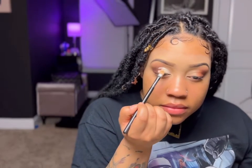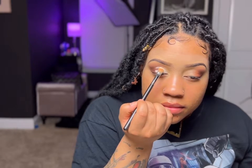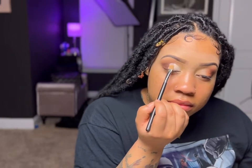And then you just can't see it at all, or it's too high and it just messes up the shape of your eye. I am doing this